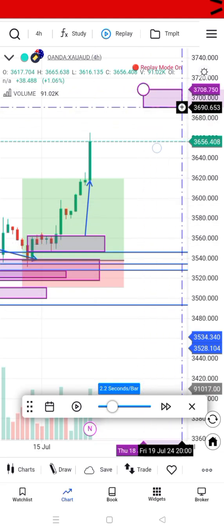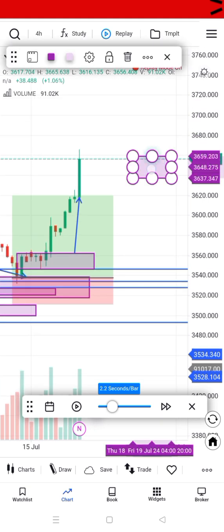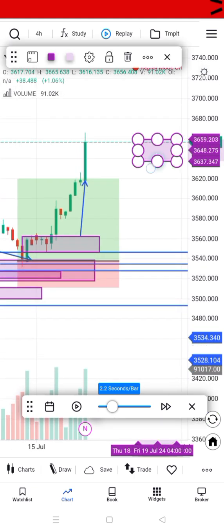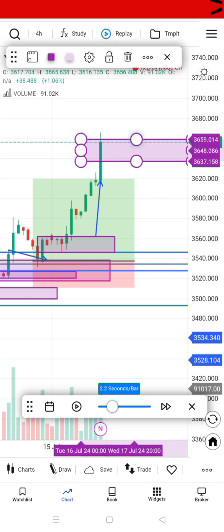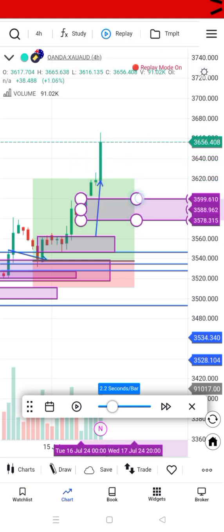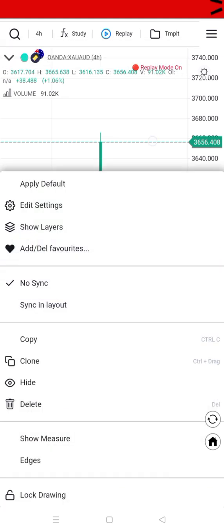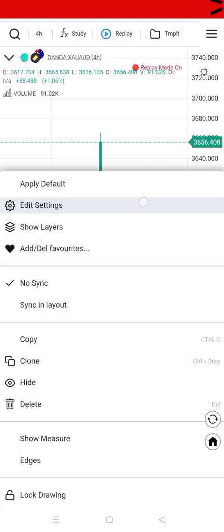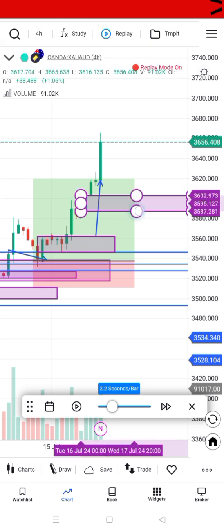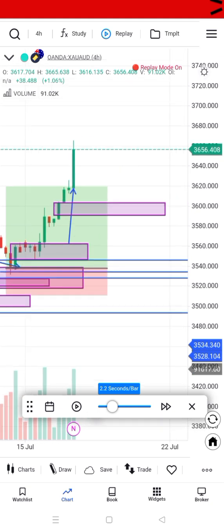So looking at this progress now, we are still moving in the up direction. So I will come back and look for a key zone, and I have seen there is a certain zone here with a red candlestick. So it is an area of interest to me since we are trading on the 4-hour candlestick. So I'll just mark it. Yes, I said I'm using a mobile phone, so you'll just bear with me. And that's why I showed you that you can still do it. You can still analyze your markets using the same concept I'm doing. So I'll mark that zone. Let me press that